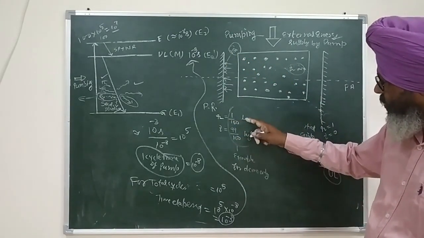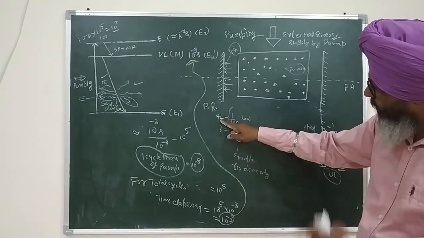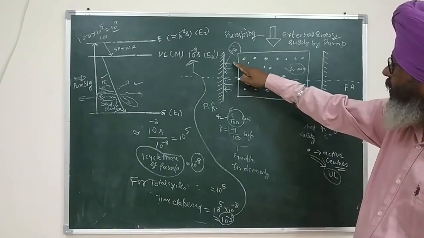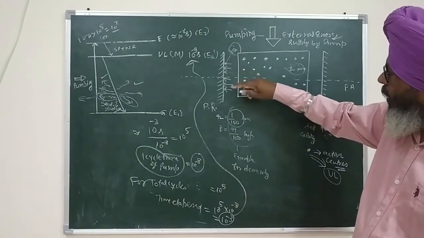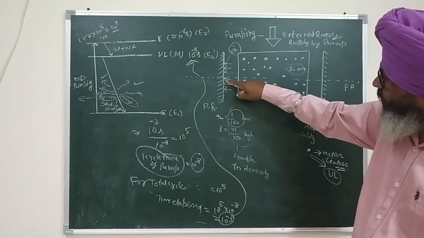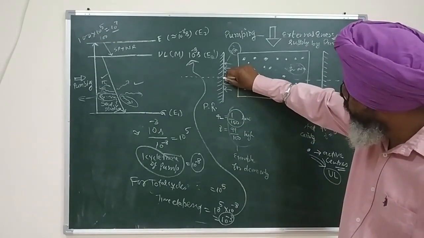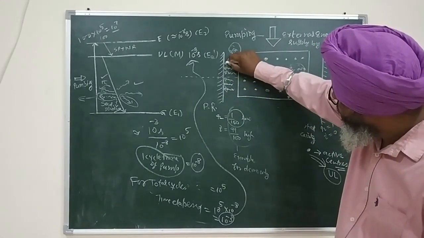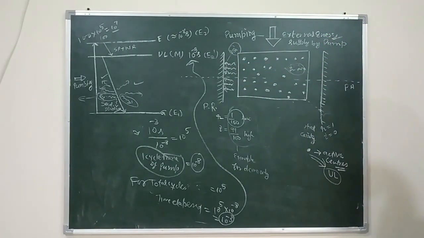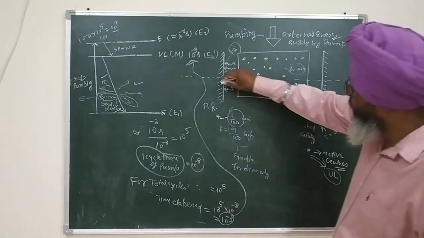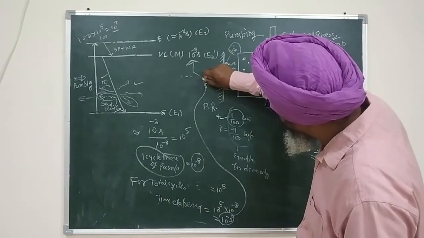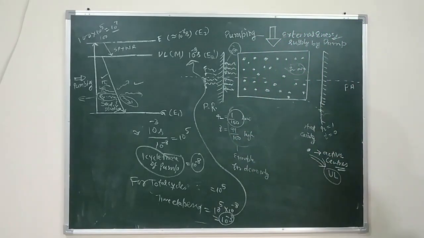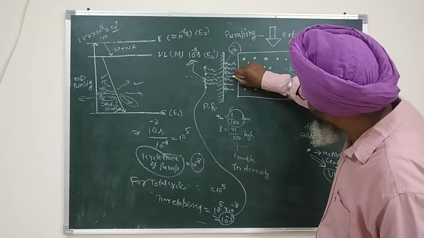Now, just for better understanding, I have taken an example: the reflectance is 1 by 100. So if 100 photons strike here, out of these 100 photons, sorry, I have shown these photons by a straight line, actually these should be shown by wavy arrows. Out of these 100 photons which strike the mirror, 99 photons will come out of the mirror, because the transmittance is 99 by 100, and only one photon will be reflected back.